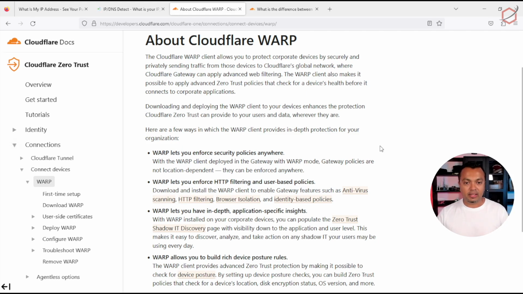very intelligent things, like keep checking the quality of service on that VPN connection and making sure that access to the internet from your device is fast, reliable, and performant. They keep measuring that and they can route the traffic as needed through their own network. So the Cloudflare WARP client allows you to protect corporate devices by securely and privately sending traffic from those devices